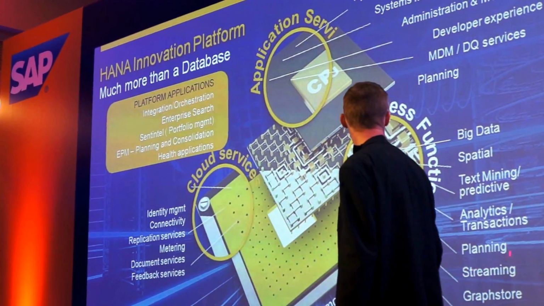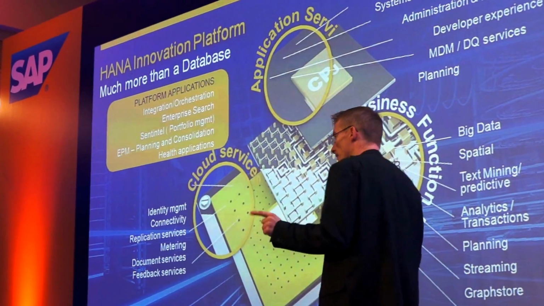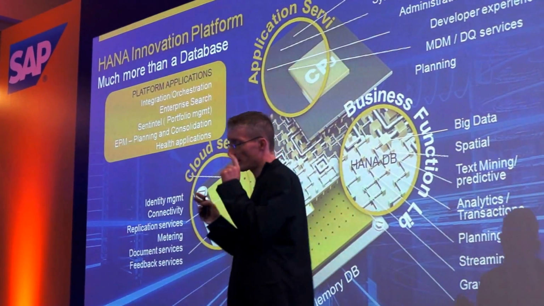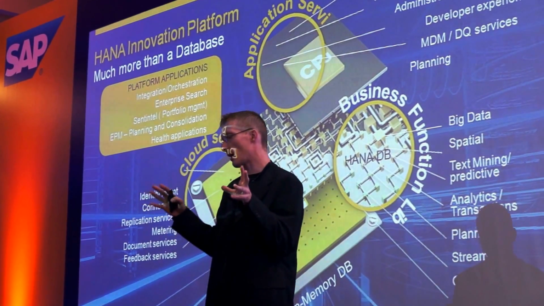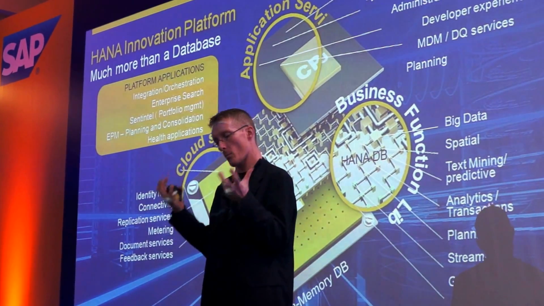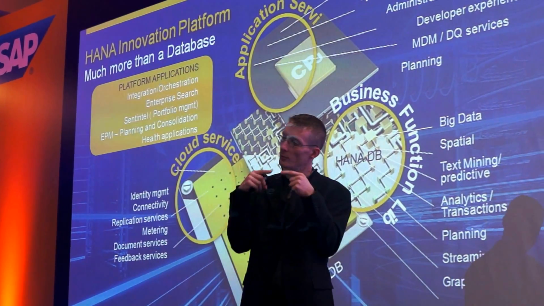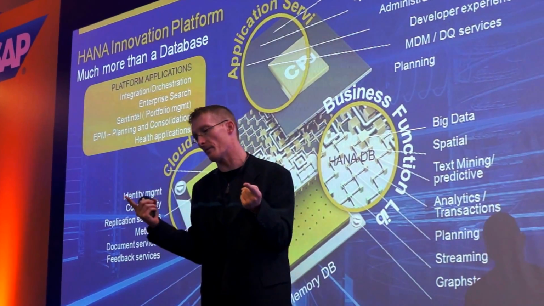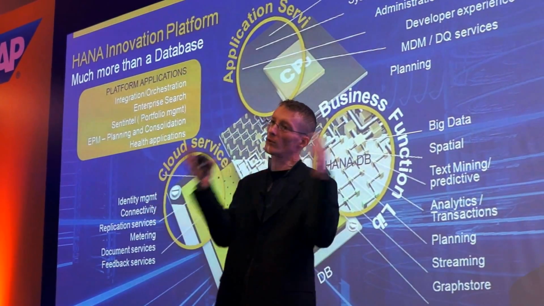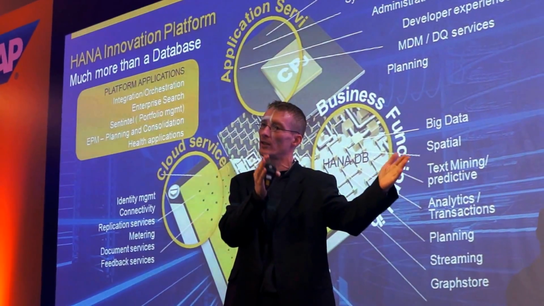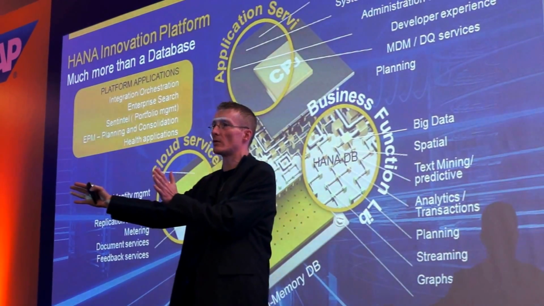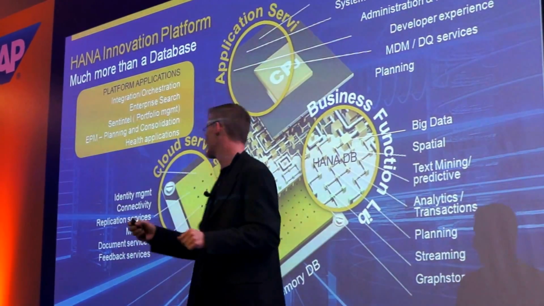Analytics, we mentioned that already. Planning is one big thing, where you can plan and look into the future with algorithms, with models into the future, and can do predictive or manual planning with your data, not just looking in the past as you do with analytics, but also doing the same processing also for the future with planning and predictive.